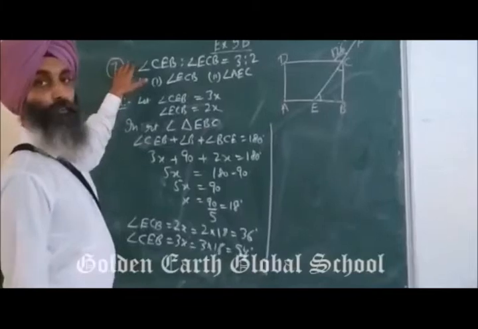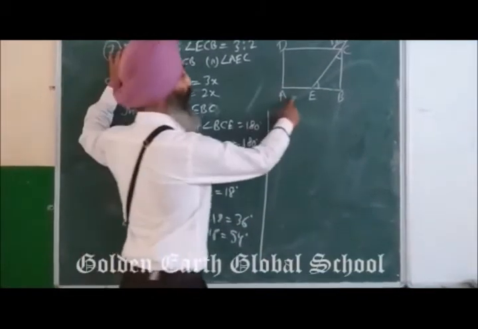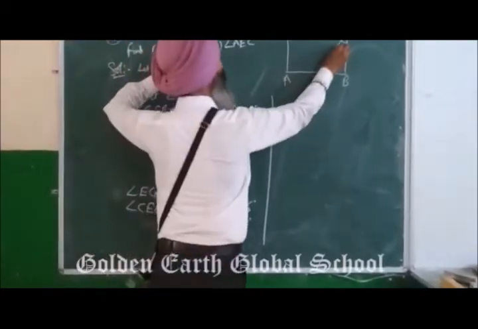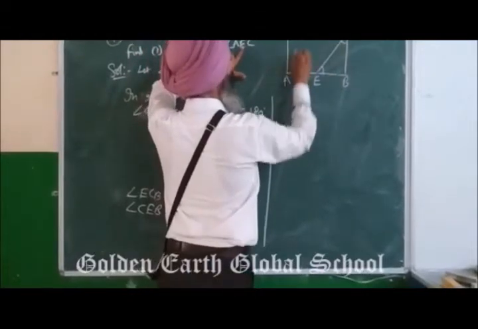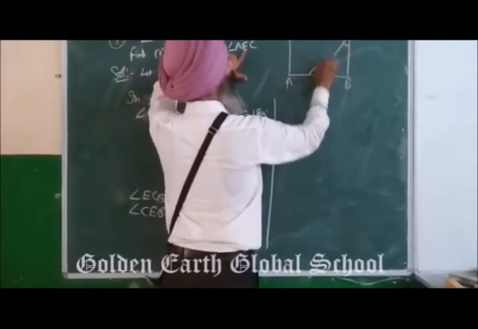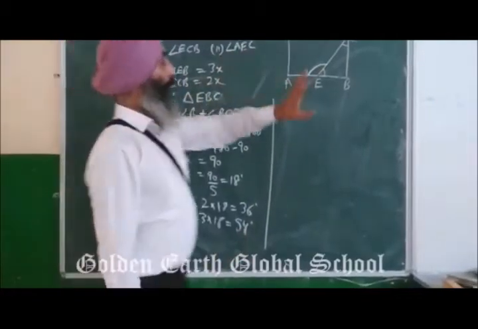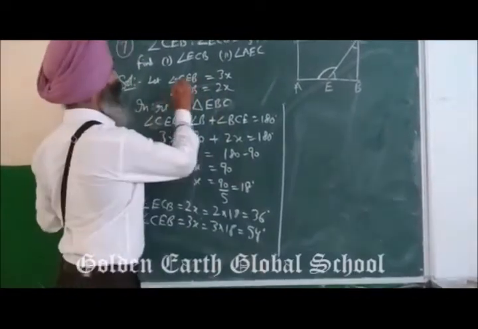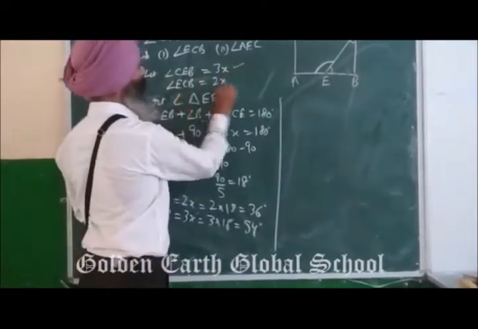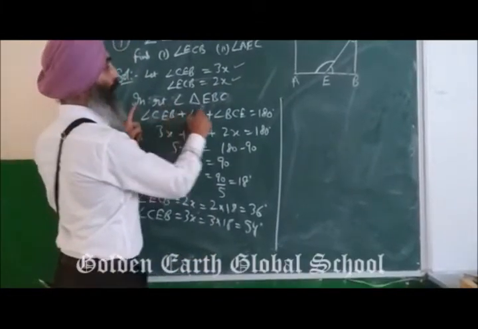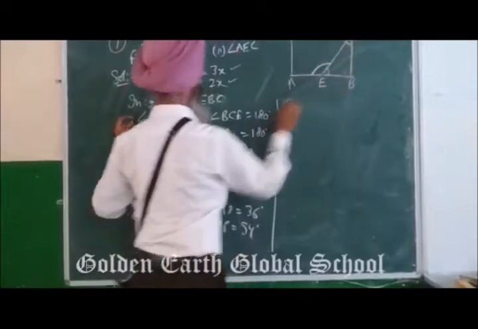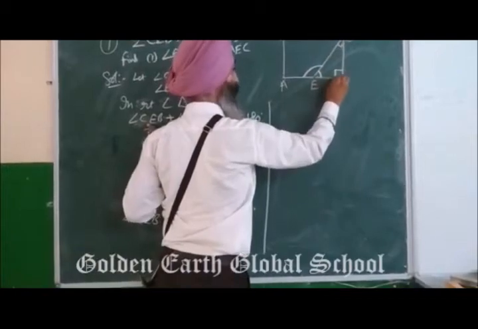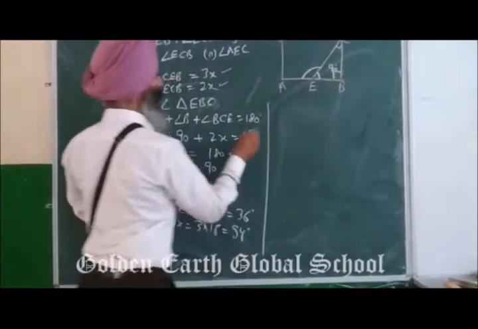Okay, so student, in the 7th question we have a rectangle ABCD in which this angle is given, and we have to find angle ECB, it means this angle, and AEC, or this angle. These two angles have to be found. Okay, now how to do it? I have already told you, when the angles are in a ratio, put x with them. So the left angle CEB is 3x, ECB is 2x. Now in the right angle triangle ECB, this angle plus this angle plus this, because it is a rectangle so it is 90 degrees, the total of these will be 180.